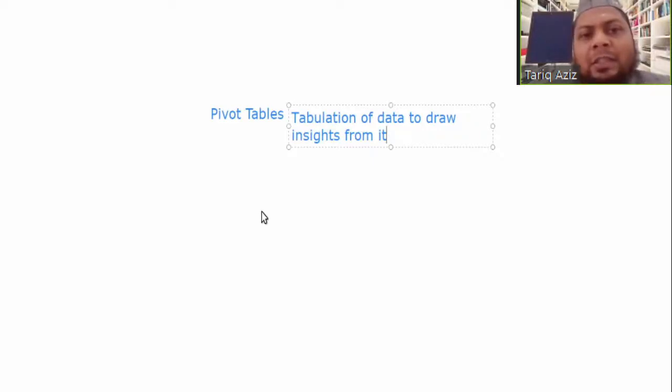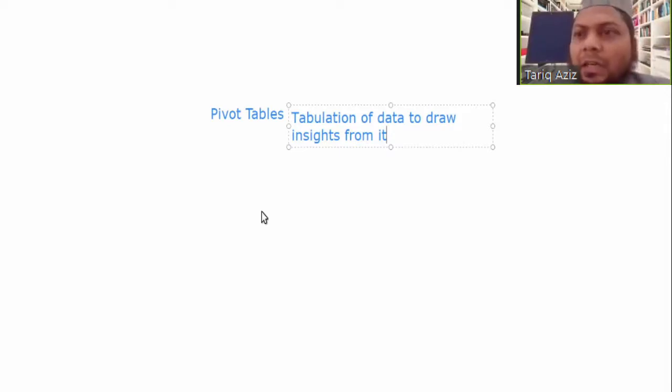So the name of this feature is pivot table because the control is in the hands of the operator. Which data point should come in the rows and columns and what should be the actual format of the table, we can play with these ideas. The control is in our hand.